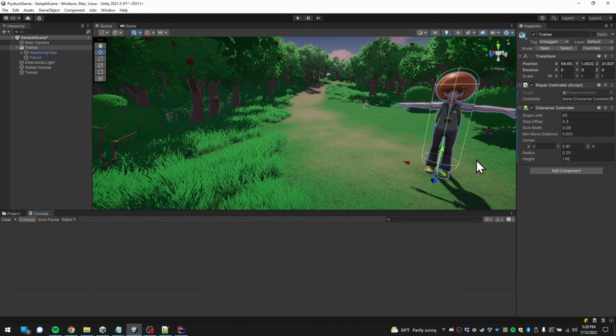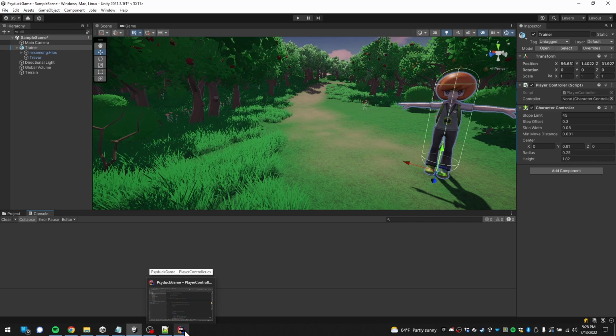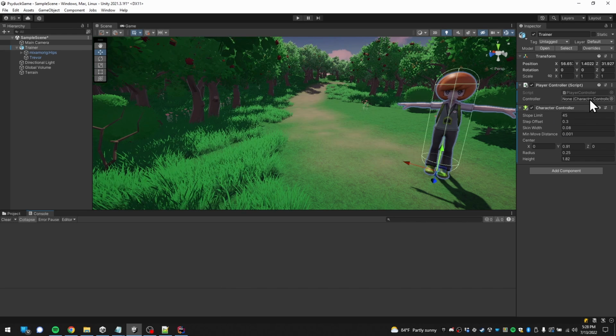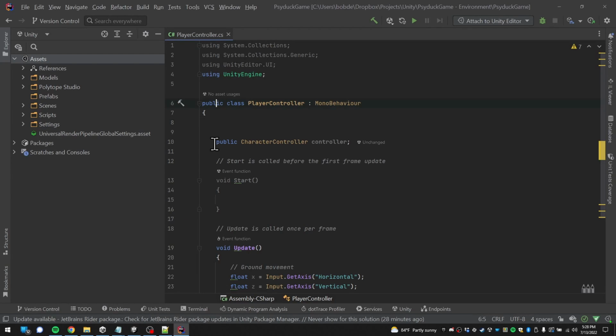So if I go back here now, you'll see that there is a spot, a field in our prefab really, or in our character, that says controller. And that's because we set it to public. So once a variable goes public, your editor can actually access it as well. That's really neat because we can make changes here, and that's how they do these types of things for the character controller script. However, when we set it to private again,